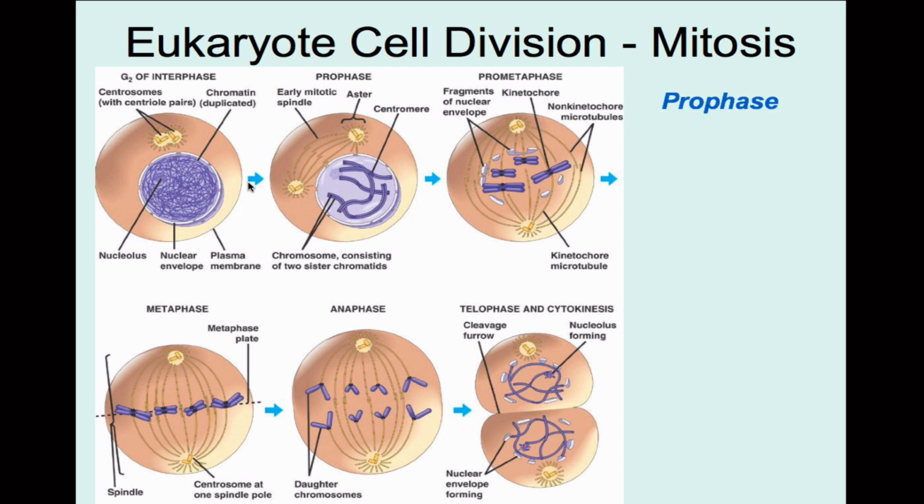The first phase of mitosis is prophase. So looking at prophase, you'll notice that the chromosomes look a little bit different, okay? There's 2 sister chromatids here, all right? So each one of these is considered a sister chromatid. They're connected in the center by a centromere. It's not as easy to see, but you can see it once you look for it.